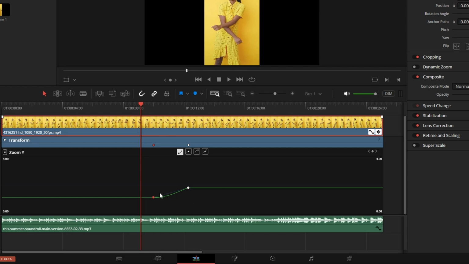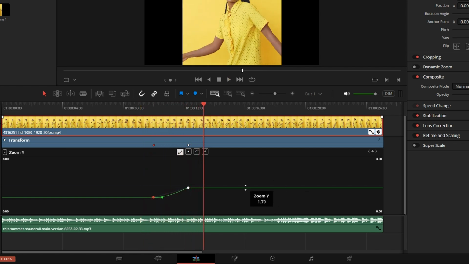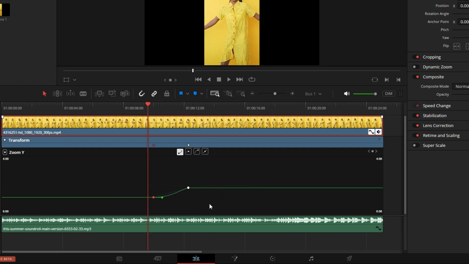Now the transition between the two keyframes is slanted, right? It is created sort of like an S, right? What that means is that now, let me just play that back to show you what the effect is like now. As you can see, there was a bit of exaggeration on the movement, right? So between linear and ease out, basically what's happening is that it is changing the behavior of the movement itself,